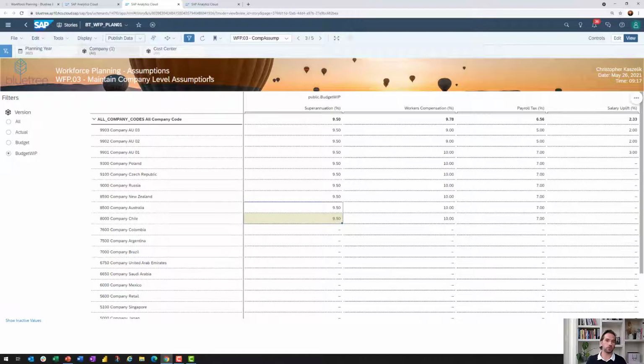And this is also by year. So if we're now modeling that actually in the financial year 2021, superannuation will go up. We would be increasing that percentage from 9.5 to 10%, which it will. Now, from what you could see on the landing page, we